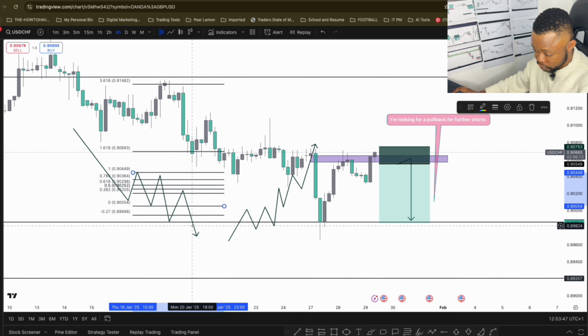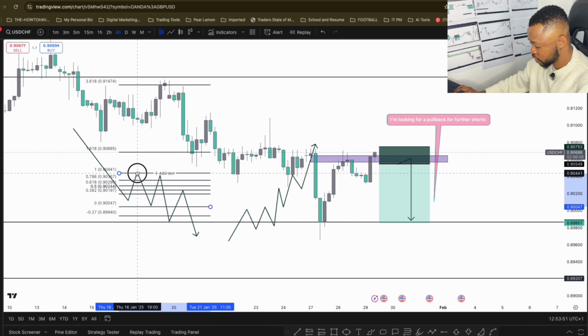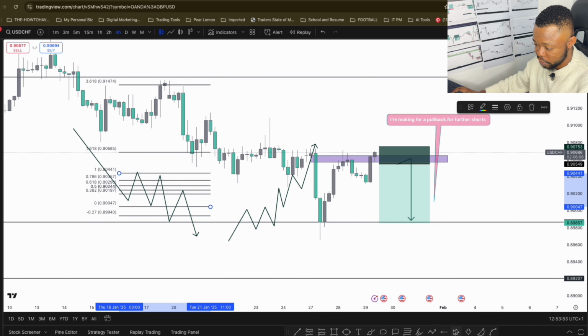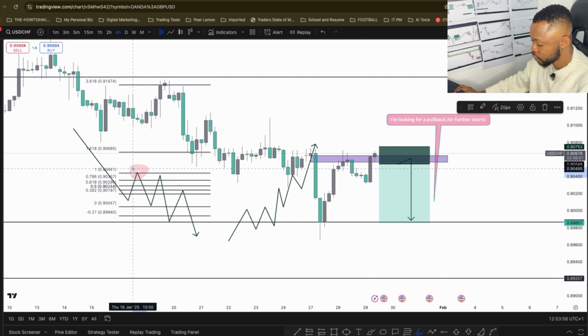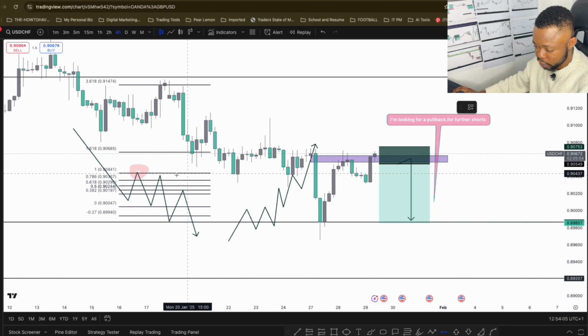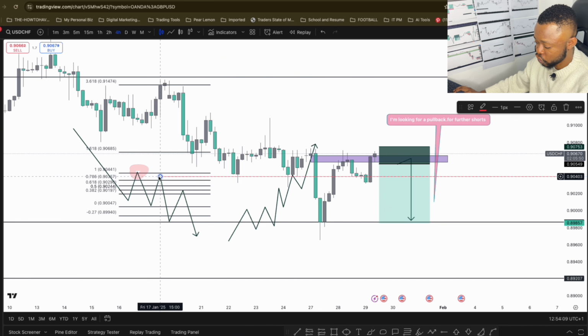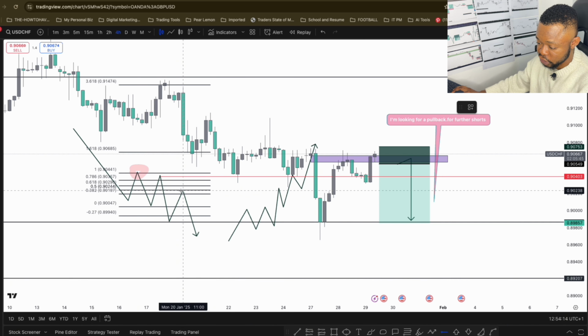So let's say price decides to make a move from this particular angle right here. Just give me a second, let me get my highlighter. Price decides to move from here and you miss the move. So the best thing for you to do is to wait for the retracement as price comes back to give you a retracement here, and you find your way to sell short. Or you can wait for another retracement and find a way to sell short from this initial move.